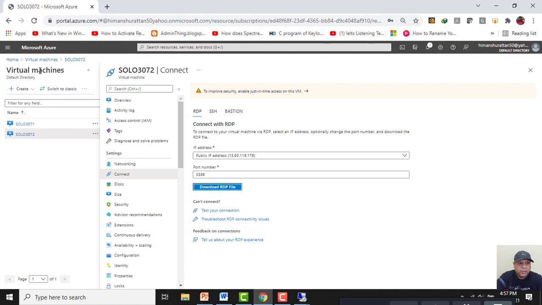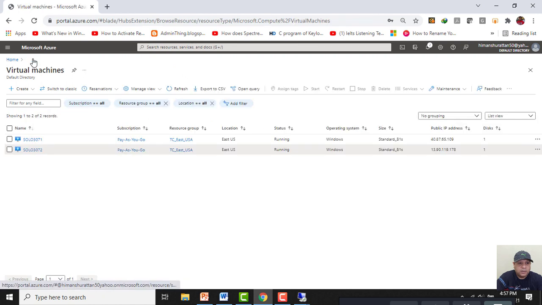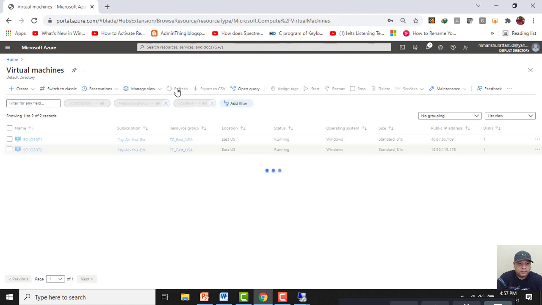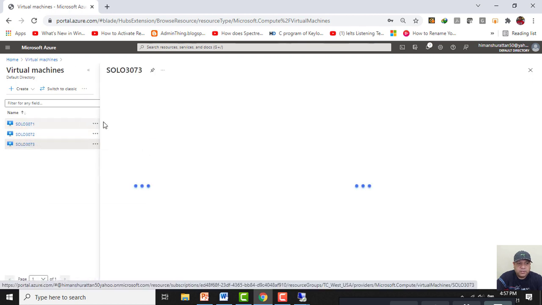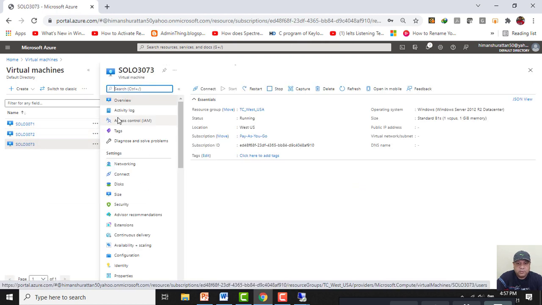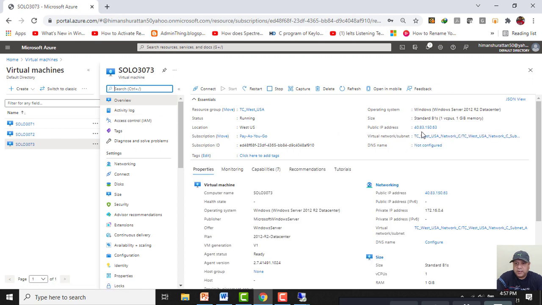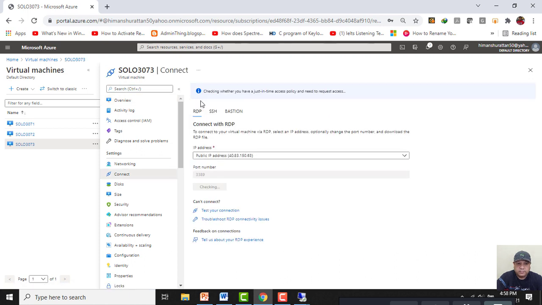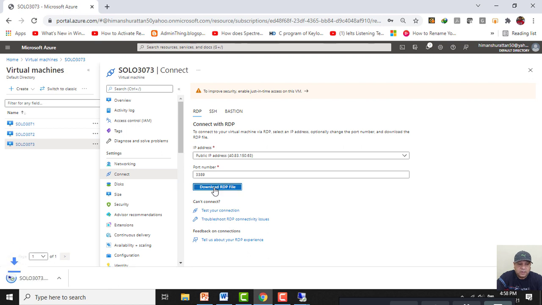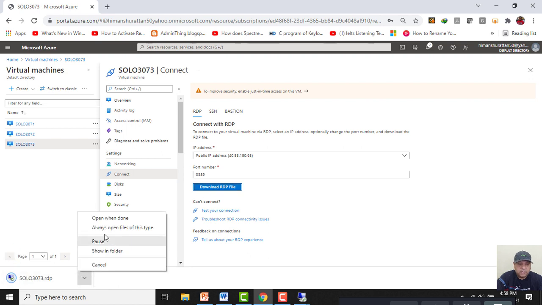Now, let me log into my third VM as well. So my third VM is also created and it is in West US location. Let me log in into this VM through its public IP address, that is 40.83.150.63. Again, I will click on connect, select RDP, download RDP.